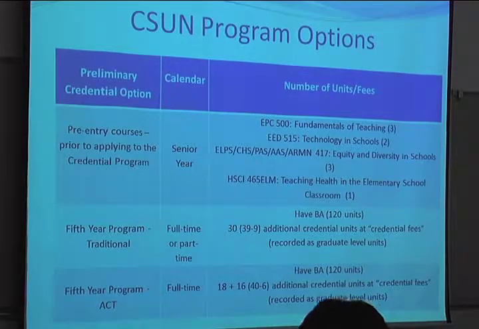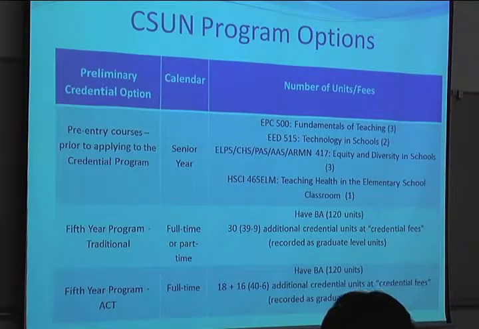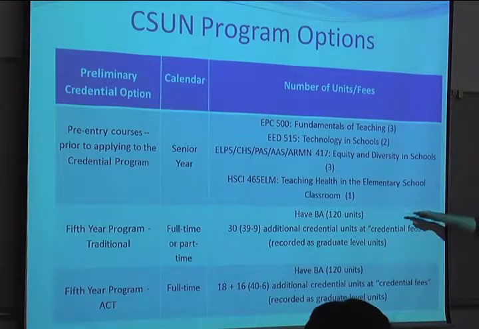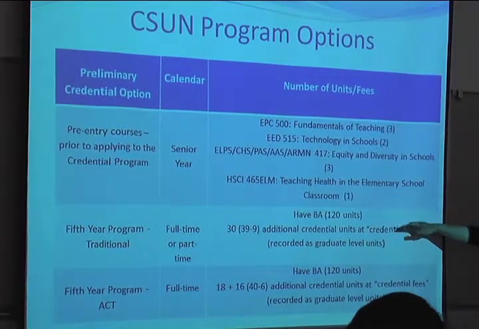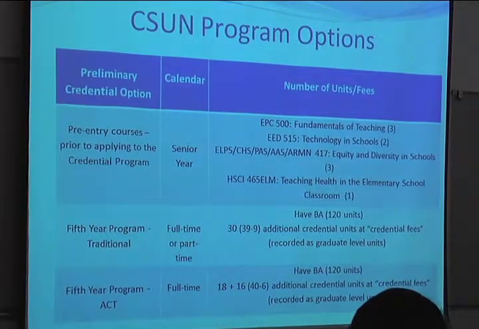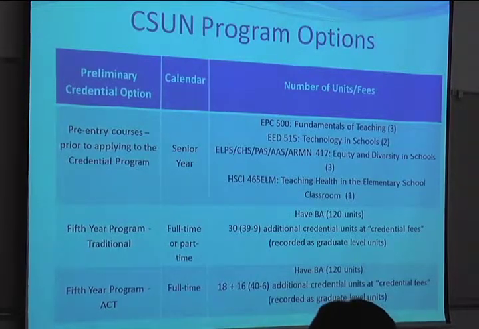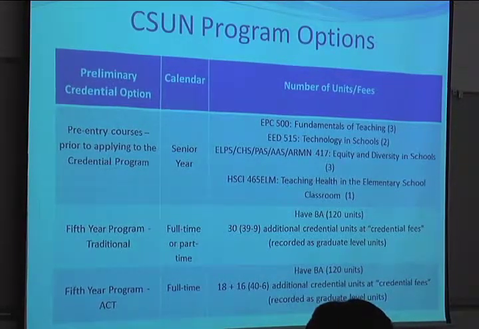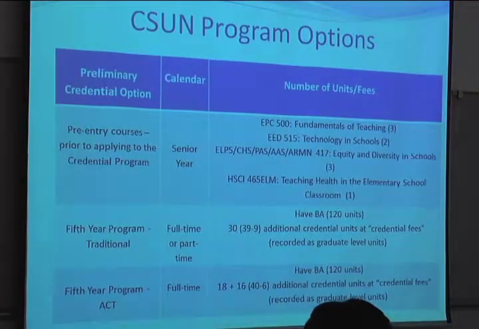The beauty of this is if you take these courses before you graduate, you're actually saving money, because when you take it at the graduate level, there's a little higher fee structure, right? It costs you more per unit at the graduate level, credential level, than it does at the undergraduate level. Right. And so you have your BA, and then 30 units for your credential, but you can subtract these units from the 30, and you're already just taking a few more units to get your teaching credential. So that's the benefit of thinking about this now, and then rolling into it either in your junior or senior year if you want to do that.